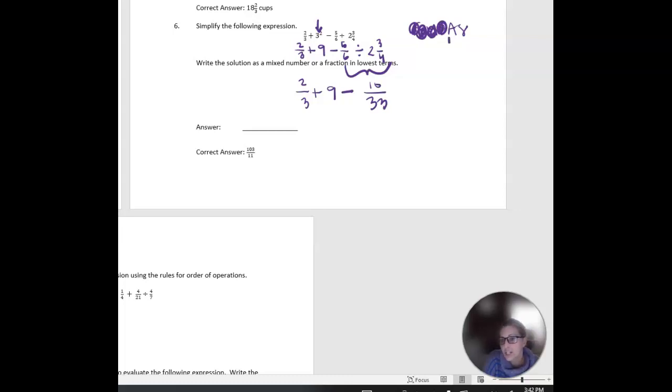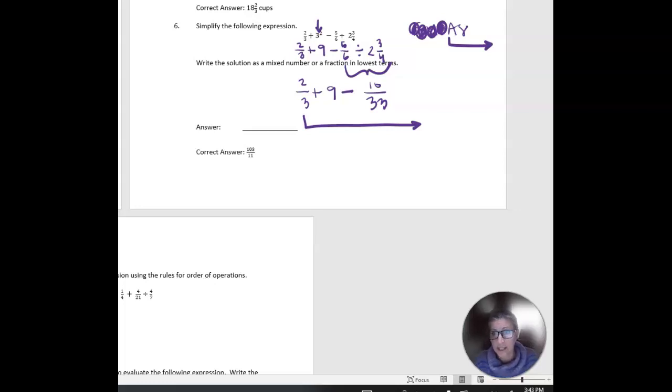I do addition and subtraction from left to right. Now in this particular problem, addition comes first, but even if it didn't, you would go from left to right once you're down to those last 2 steps. So 2/3 plus 9 minus 10/33 is